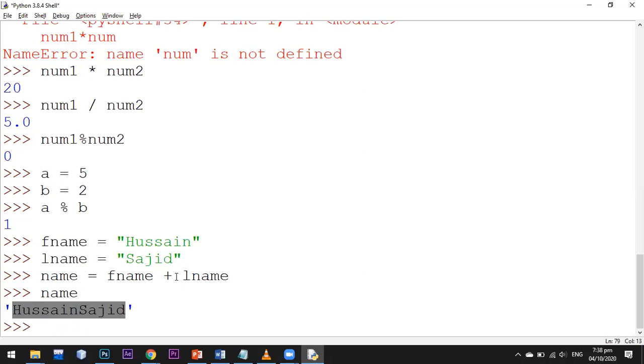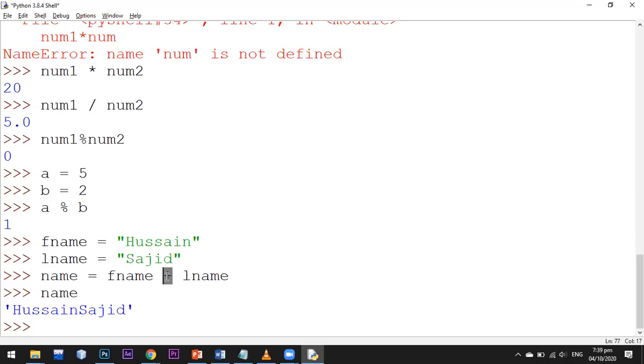Why? Python is an intelligent language. In this language, unlike other languages, you don't have to specify the data types of different variables. If you're working in Java, C++, C Sharp, or some other language like JavaScript, VB.NET, you have to specify the data types: whether it is an integer, a floating real number, a string, a boolean, or a character.